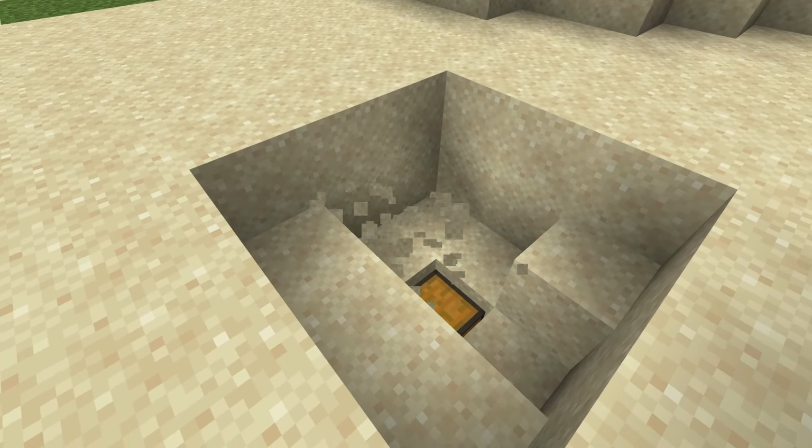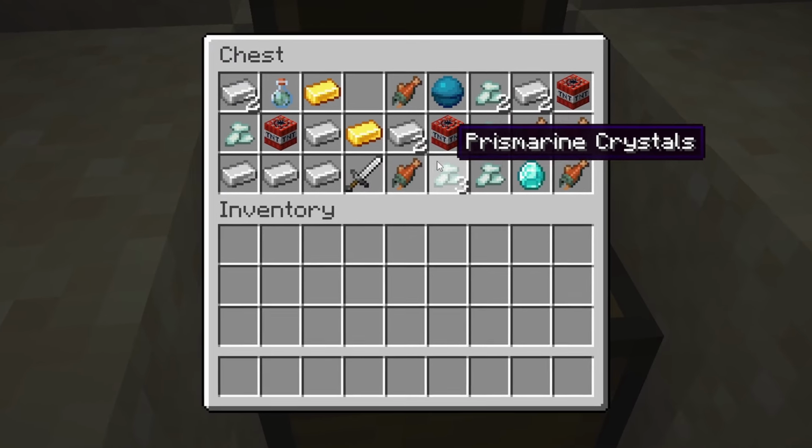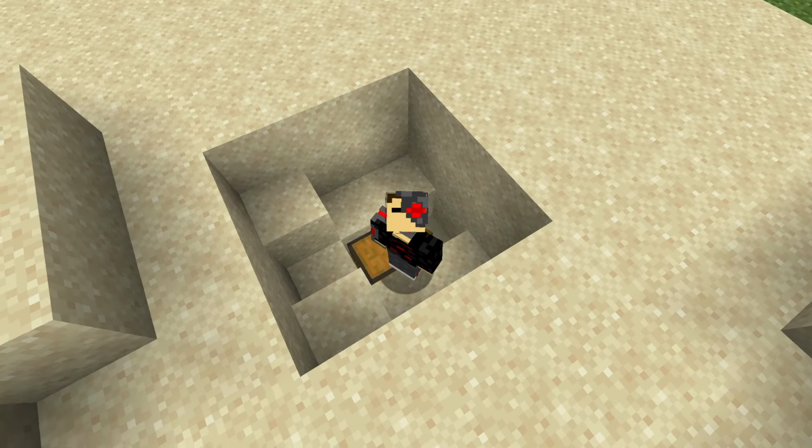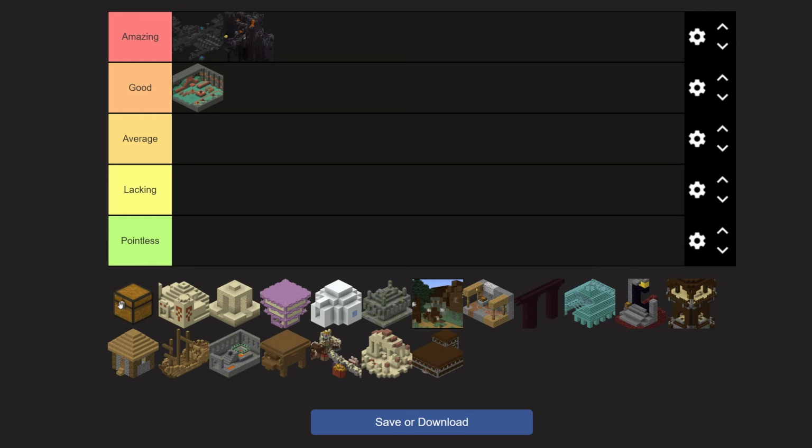If you successfully dig it up, you can get loot like iron, gold, diamonds, and even the heart of the sea, which can be used to craft a conduit. Buried treasure can be useful, but it's not too helpful past the early game, so I'll give it an average